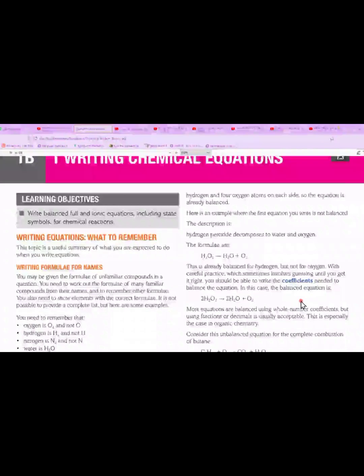Most equations are balanced by using whole numbers, but the best practice is to start from the very basic, small numbers, which will help you crack down the equation gradually until you become expert in balancing equations. So here is an unbalanced equation available. Let's complete it. But first, a concept I would like to give you: whenever a hydrocarbon comes in contact with oxygen, the two most common products are carbon dioxide plus water.